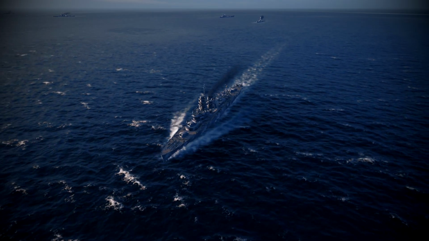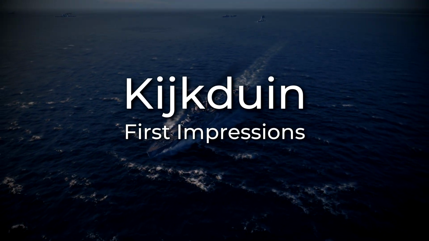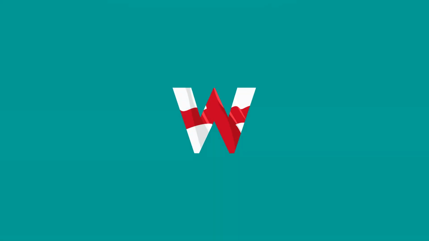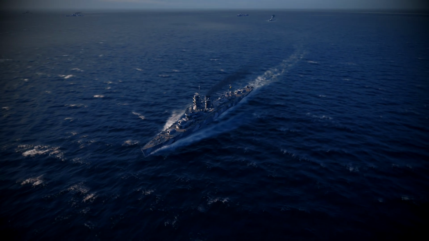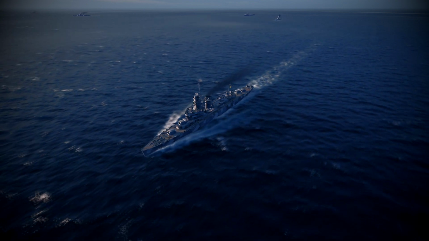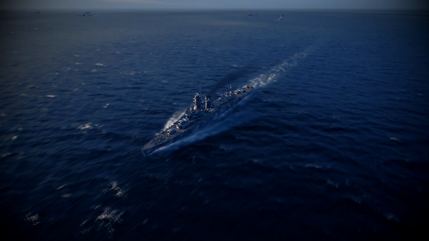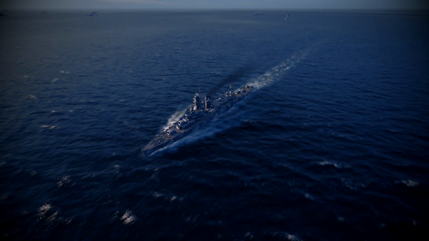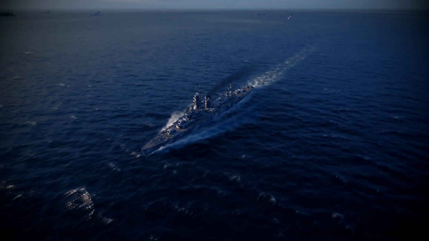Today we're looking at the Tier 6 Dutch cruiser Kijkduin, which is now available from the Dutch cruiser event. The first impressions will be from taking the ship into battle, looking at the result of the game and then discussing what I thought of it. Before we get into said battle, I'll quickly run through some basic details of the ship. However, if you did want to go straight for the gameplay, you'll be able to skip forward using the timestamps